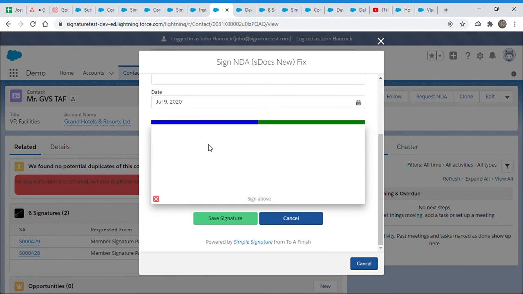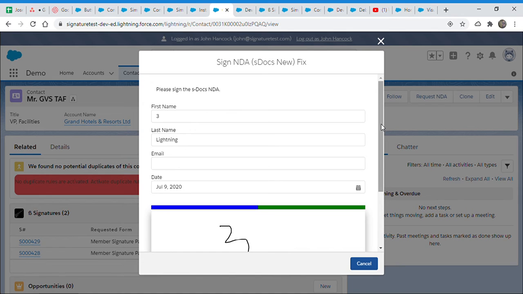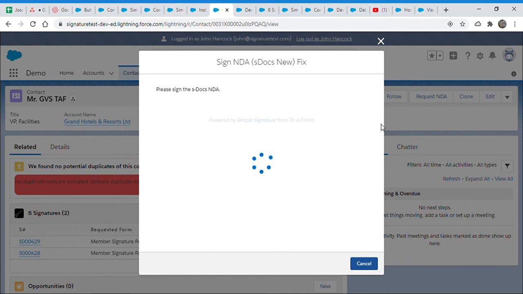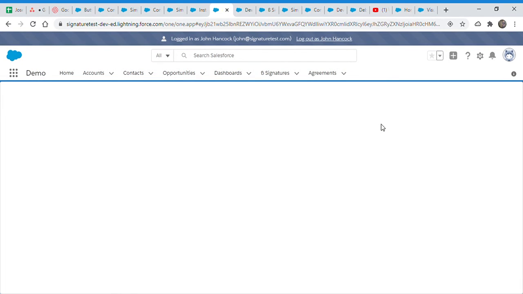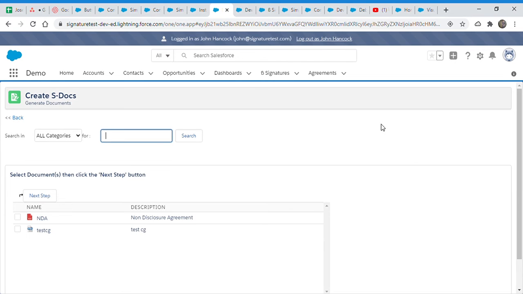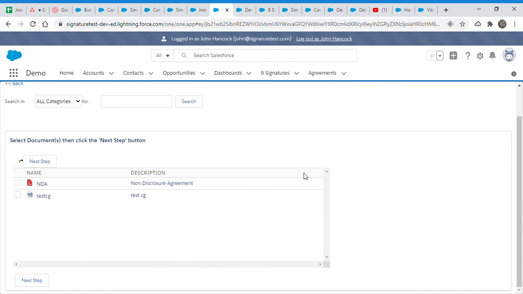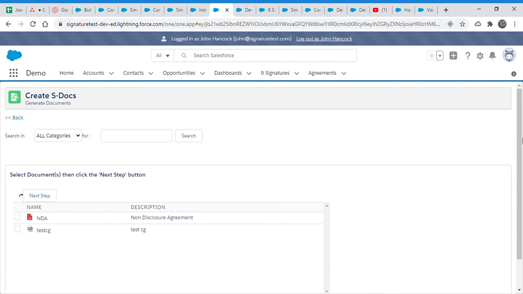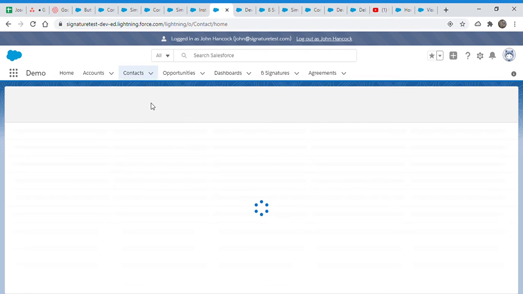Okay, and this is third sign. Okay, yeah, so this is same as the classic one, and it redirected it to here. So I think this is also working fine. Let's go back to the contact.